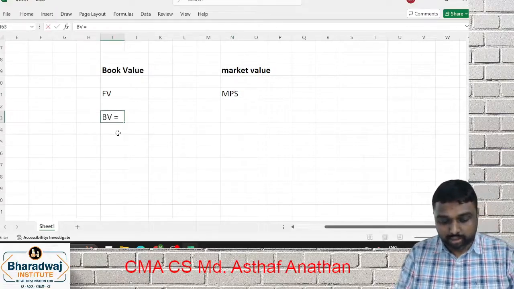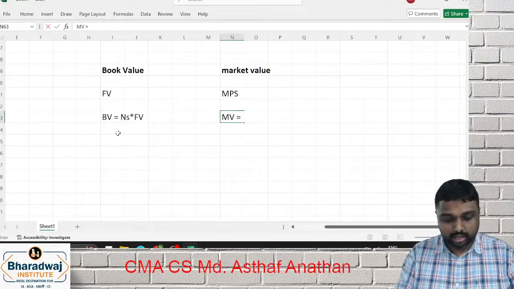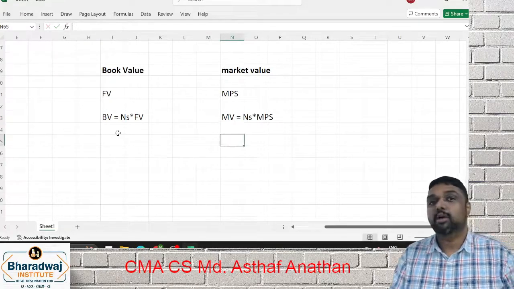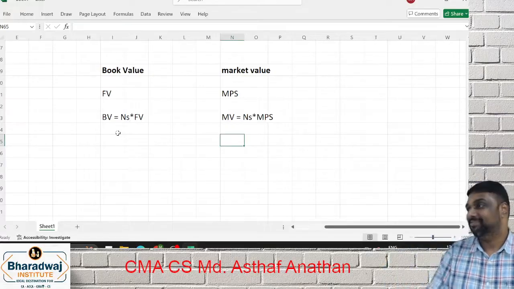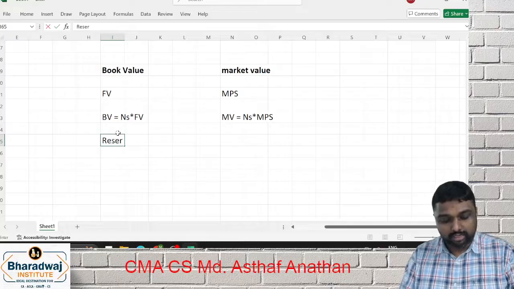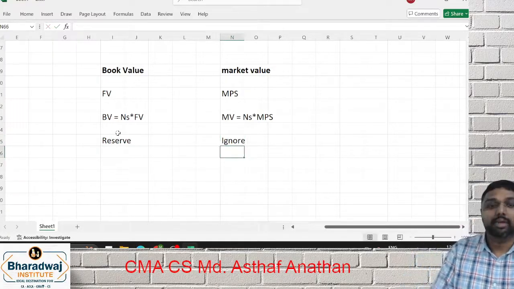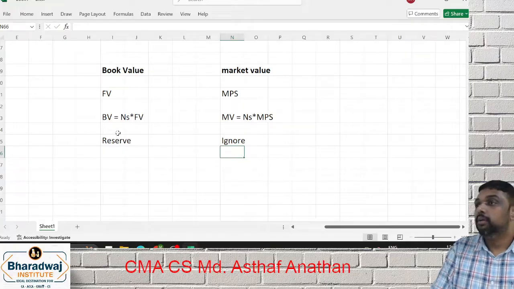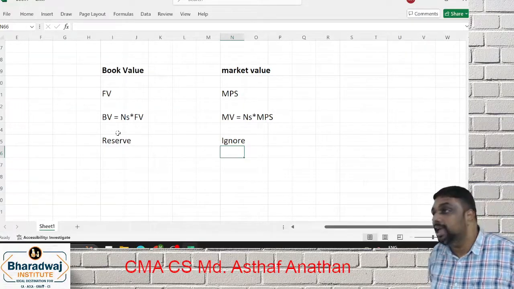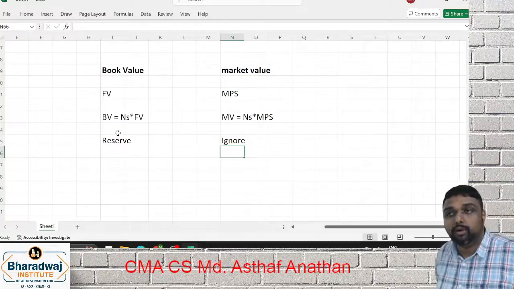Your book value is equal to number of shares into face value, whereas market value is equal to number of shares into market price. Are you clear, friends? Then when it comes to book value, you will consider the reserve. Here reserve is the main point under book value or market value. Computation all will be the same. With this logic, you can solve any problem of